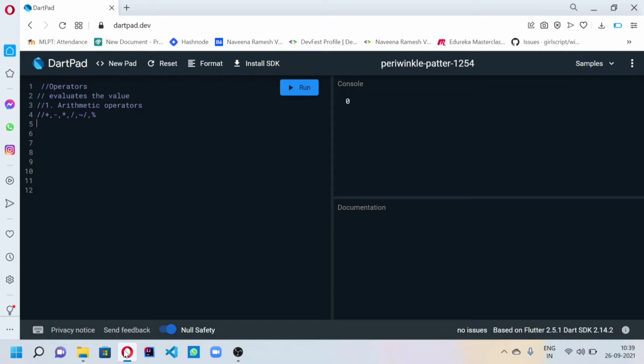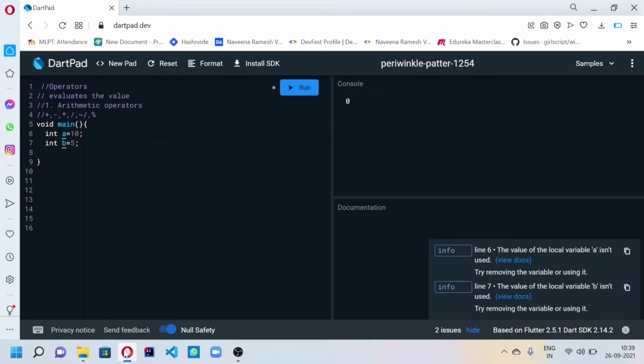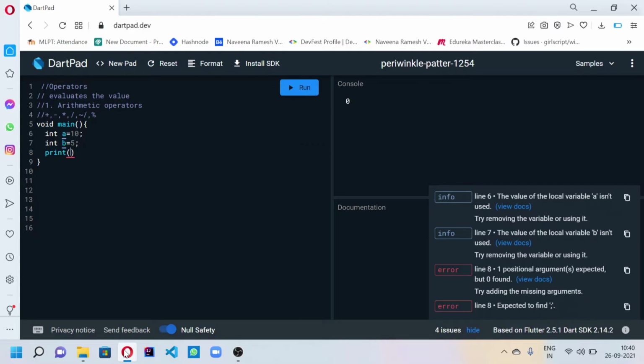Modulo is mostly used in many cases when we go with conditional statements, like we'll see in an upcoming video, don't worry. For example, if we are going to check whether a number is even or not, in that case modulo will be very helpful. I'll show an example for division, floor division and modulo. We'll take a is equal to 10 and b is equal to 5. We all know that in this case it will print only 2 when we do a division.